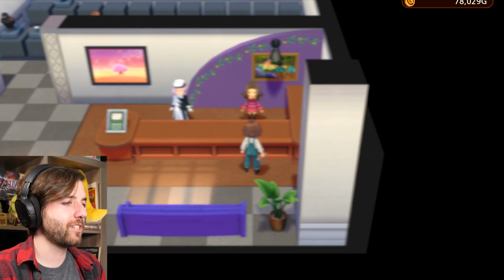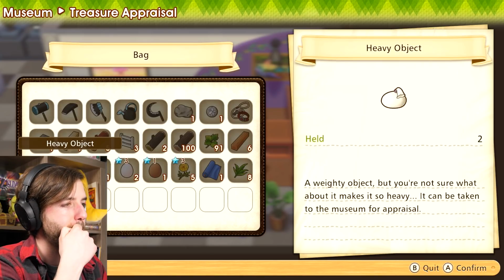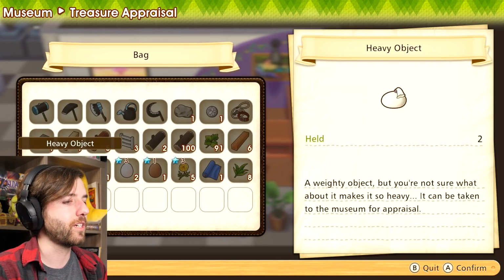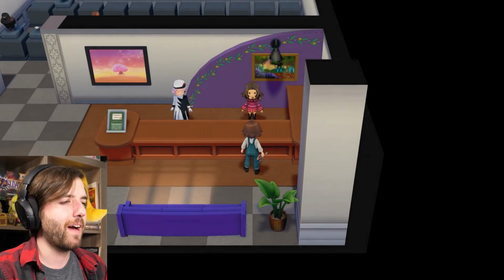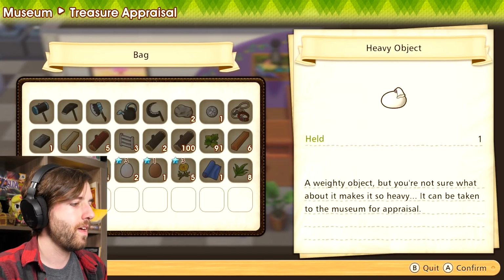Yeah, so that time it was just lumber. But yeah, I don't know if you noticed too, but there's different treasure objects that you can appraise. There's time-worn objects, and then there's heavy objects. And I think the heavy ones are more likely to be something more special. I'm not too sure, but it seems like I've gotten some cool stuff from heavy objects in comparison to the